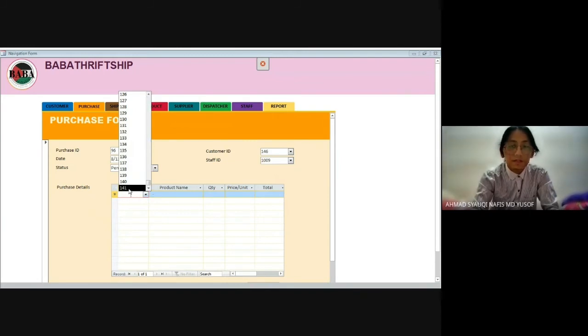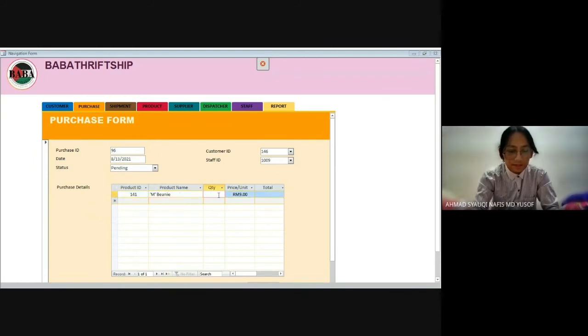So let's buy the beanie. As you can see, it refers to the beanie from the product form that I just saved. The quantity, if I set it as 2, then the total should be 18 ringgit. It calculates the amount.